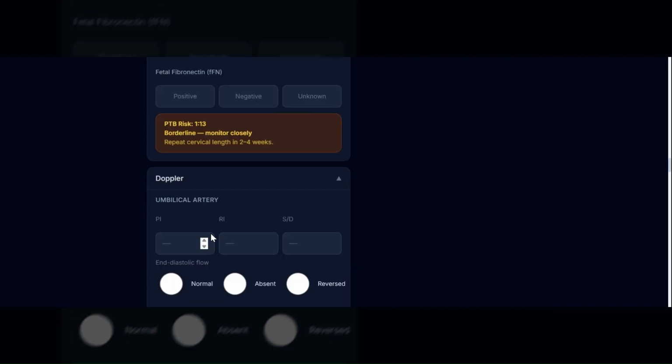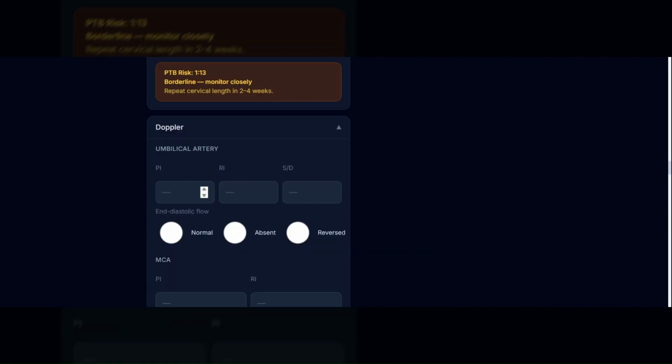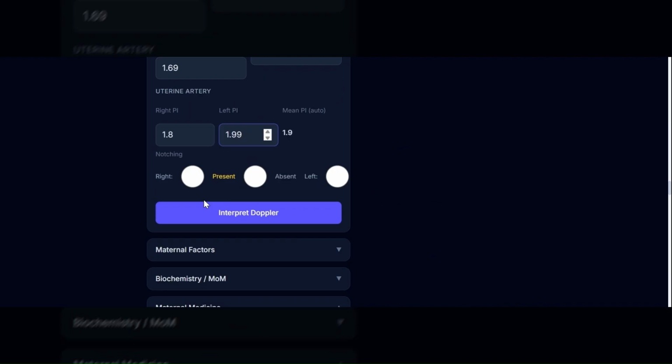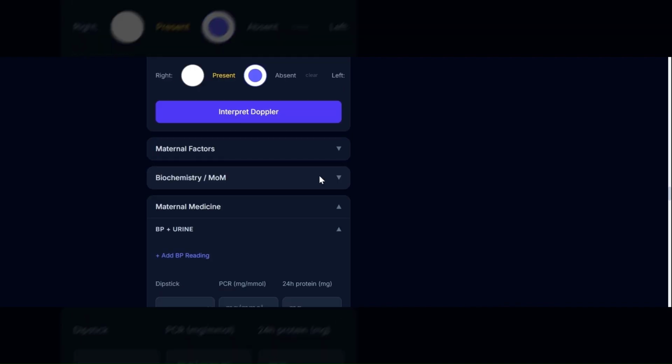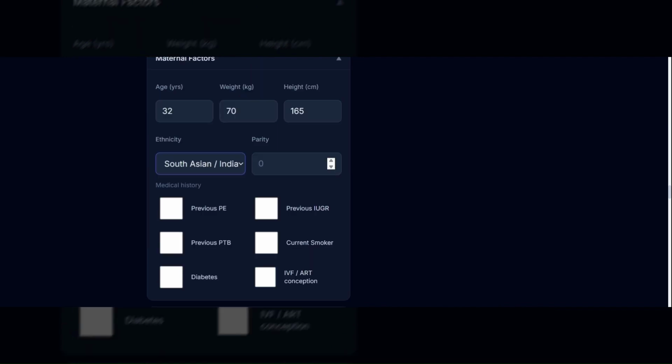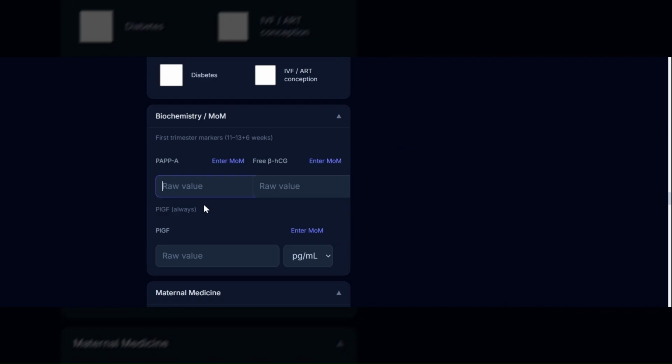Now select the appropriate ultrasound study type such as first trimester scan, NT scan, anomaly scan, growth scan, Doppler study, biophysical profile, or fetal echocardiography, depending on the clinical requirement. Once the study template is selected, the structured reporting interface loads automatically. The platform organizes findings into dedicated sections for biometric parameters, fetal anatomy, placenta, liquor assessment, Doppler findings, cervical assessment, and